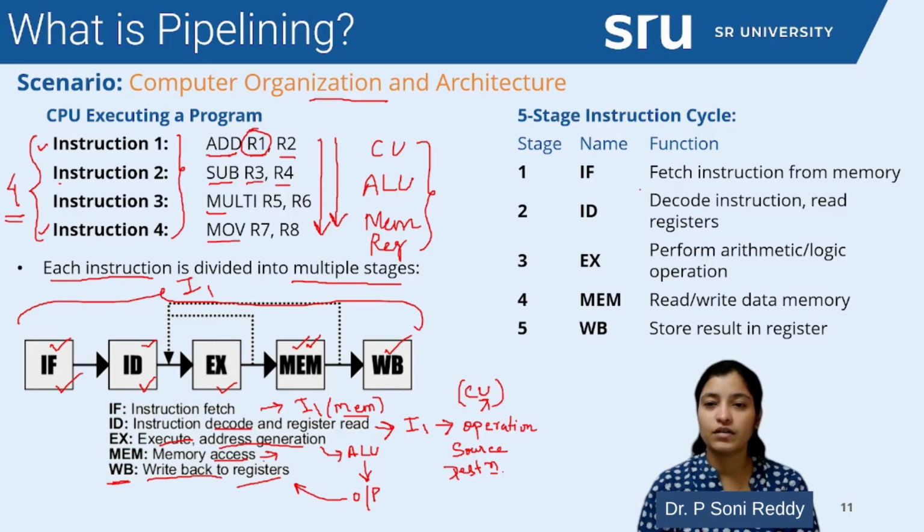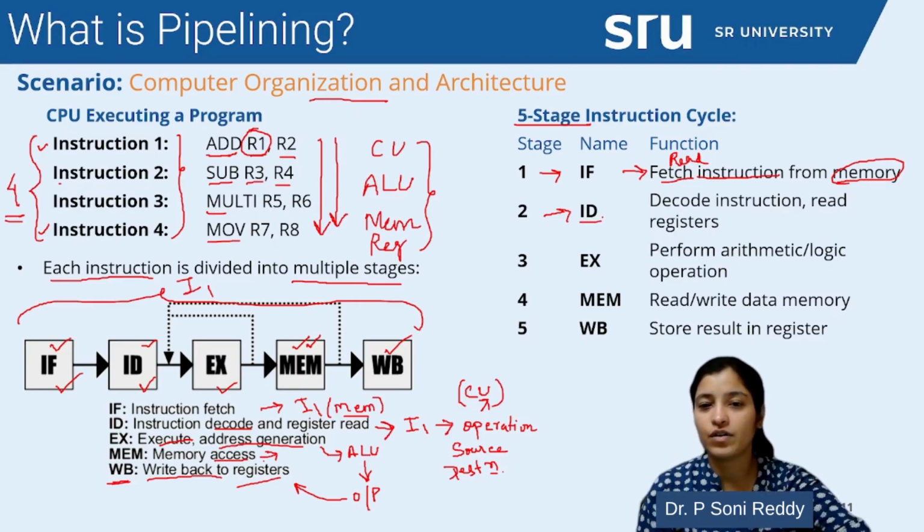When we are dividing every instruction into stages, here we are dividing it into 5 stages. Every stage is doing a unique operation or unique task. What is the unique task in the first stage? We are doing instruction fetch. Instruction fetch means I am going to read the instruction from memory. So my operation is reading of instruction. What is my hardware resource? That is memory. In the second stage, I am going to do decoding of instruction.